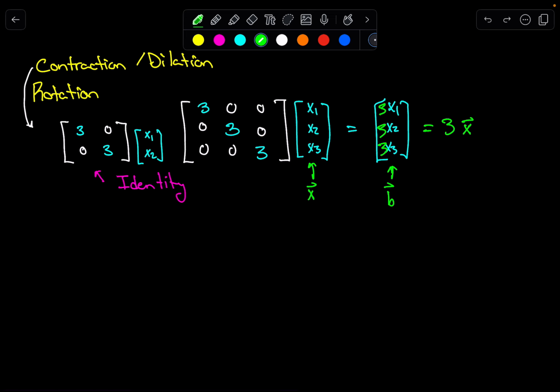Okay, that is contraction dilation. I'm not being super rigorous with it because this one takes the least amount of thinking. Another one that is going to take a little bit more effort is a rotation matrix. So again, for the sake of having nice, easy examples to wrap our brains around things, we're going to be doing R2. So for example,